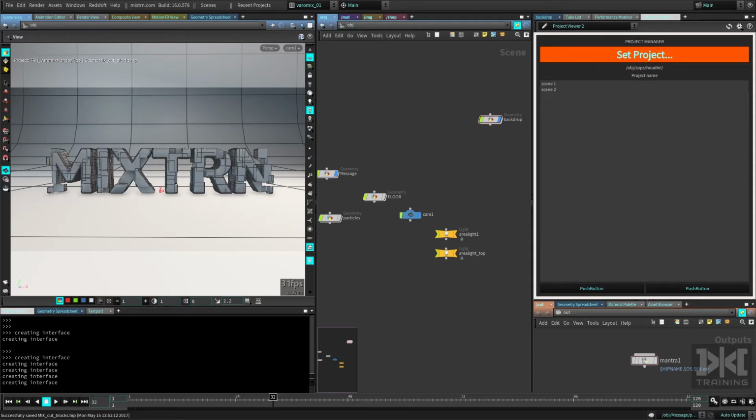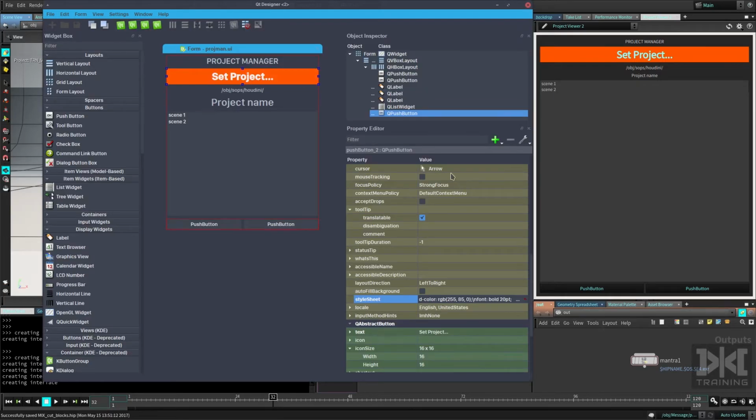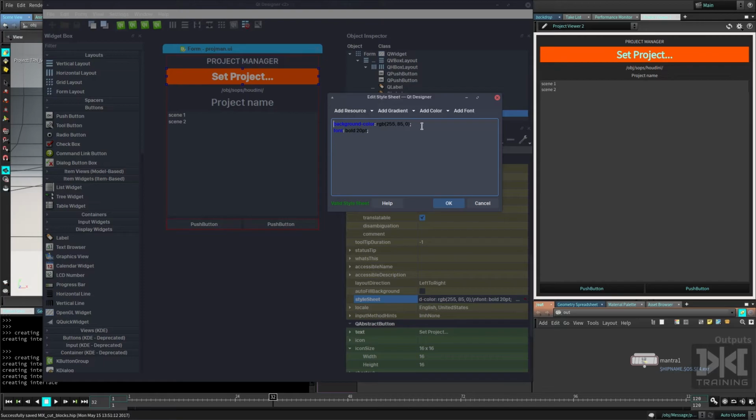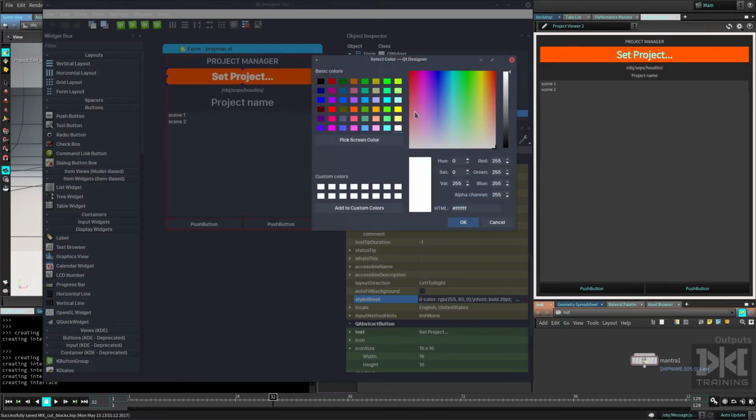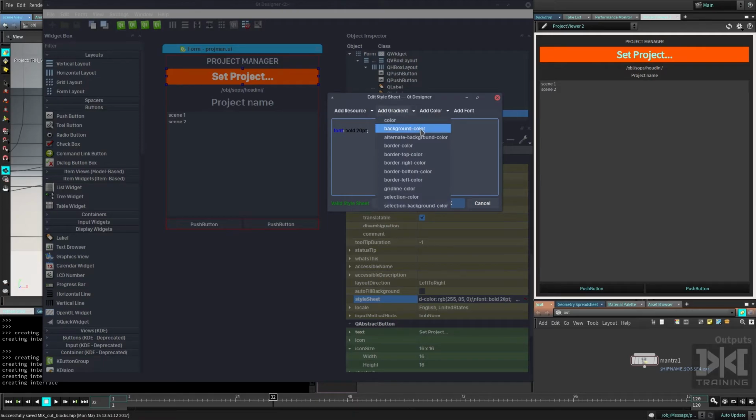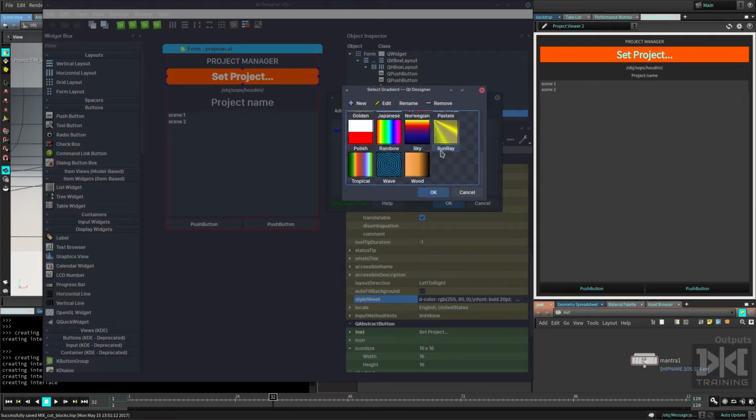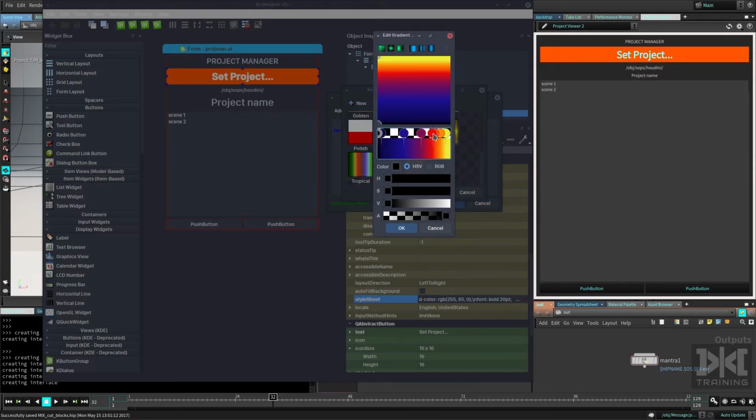So if you want to add a really nice gradient like I did for my button, let's go back to this guy, and let's remove this background color and say add a gradient. That's another one. Add a gradient to the background color. Now you can see you have some gradients. These gradients are totally horrible, but you can get them as a base. Let's say grab the sky, edit, and there's a lot of thingies here. You can remove most of them maybe, and then just let's go for the